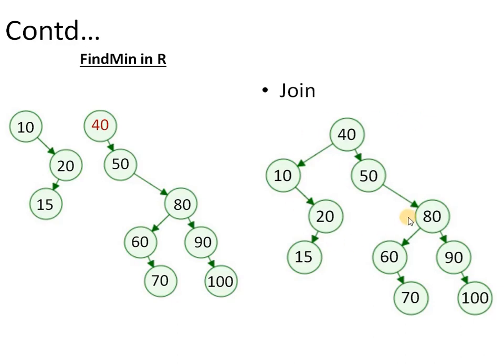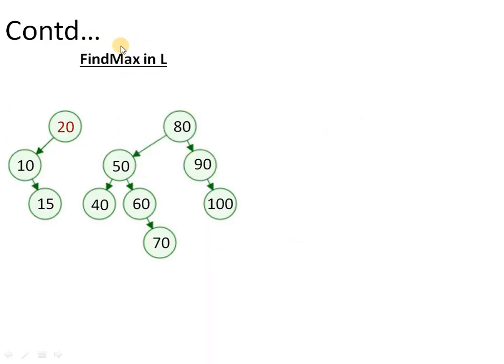So this can be one solution. Another solution is that we work with the left subtree, that is the tree which is rooted at 10. In that case, we have to perform find max, because if we are working with the left subtree, that means we are actually talking about the predecessor, and the predecessor is nothing but the maximum node present in the left subtree of the node to be deleted. So here we have picked the left subtree, so we have to perform the find max operation on it.